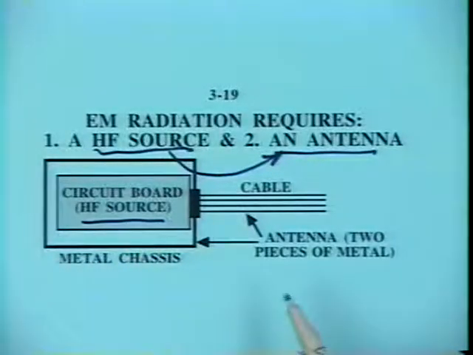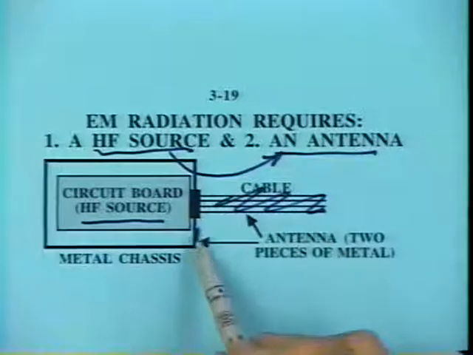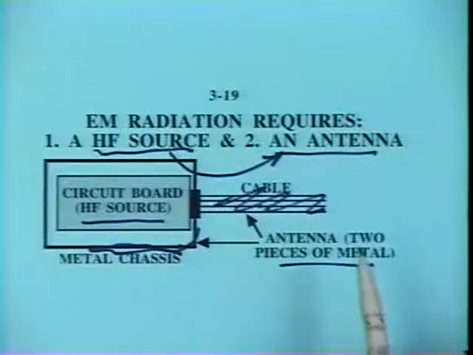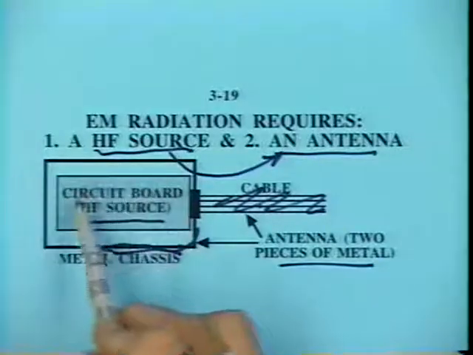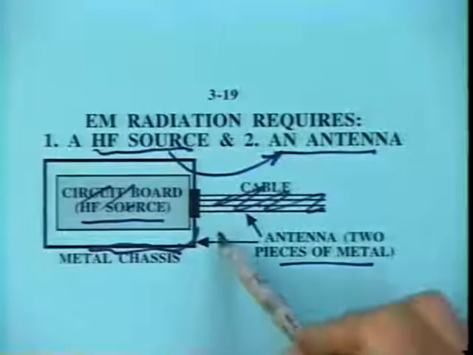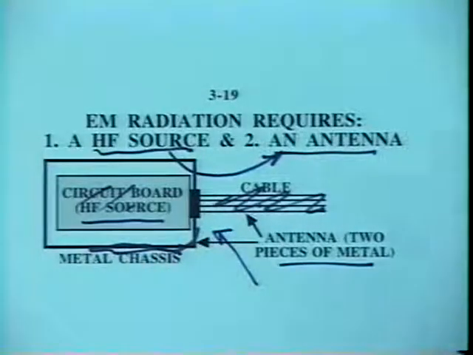Well, looking at this circuit from the outside world, you see this metal in the cable, and you see this metal in the chassis wall. These two pieces of metal could form a dipole antenna and be the radiating or transmitting antenna. You say, but there's also metal on the circuit board. There's metal on the circuit board, but that's inside. Viewing it from the outside, we don't see that metal. It's the metal you can see from the outside,